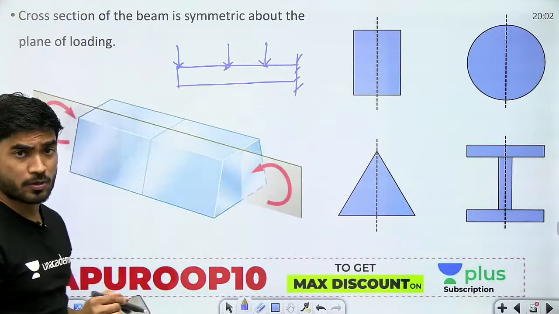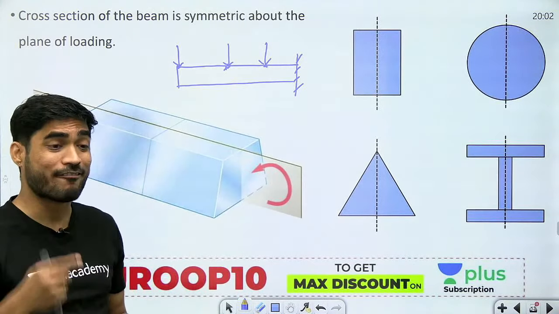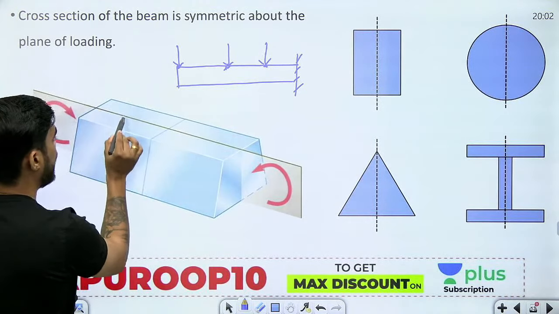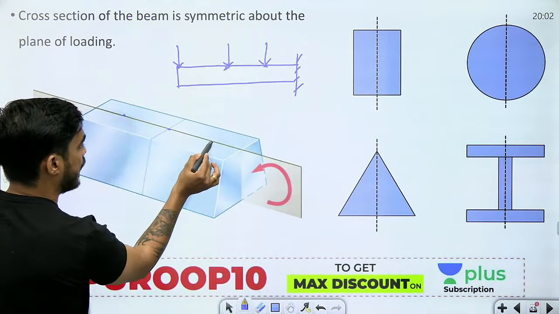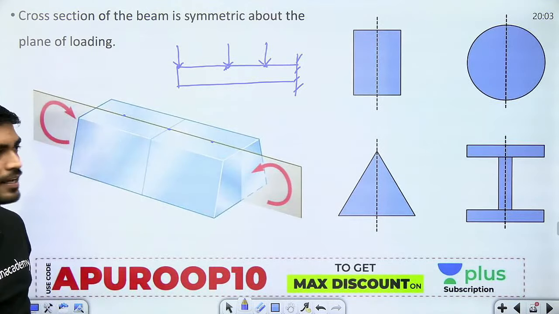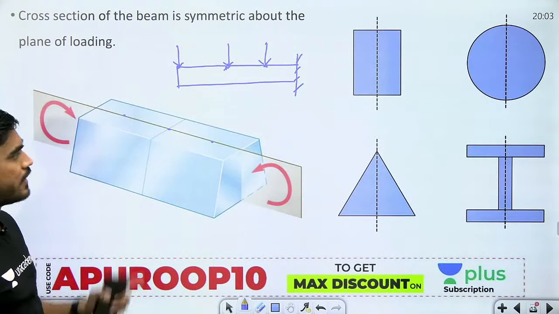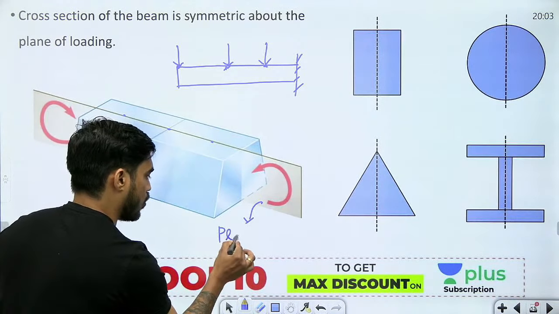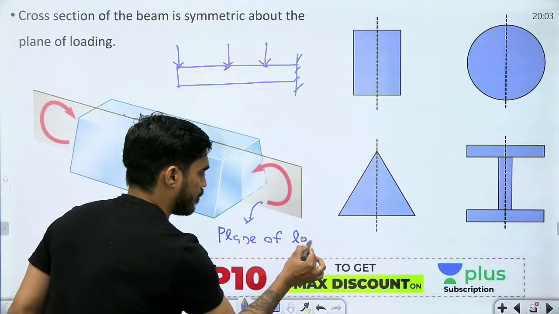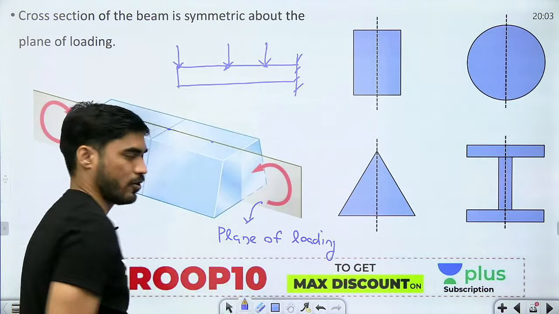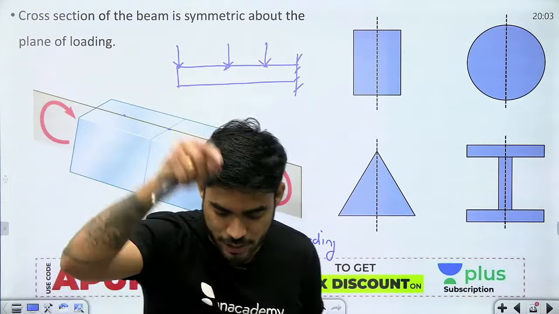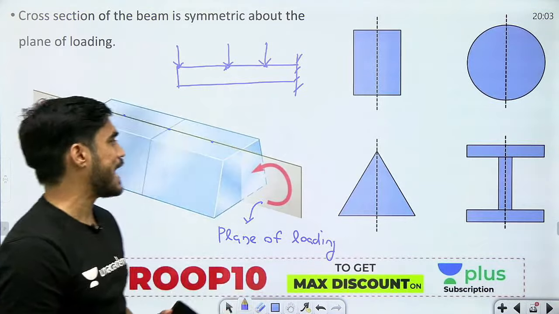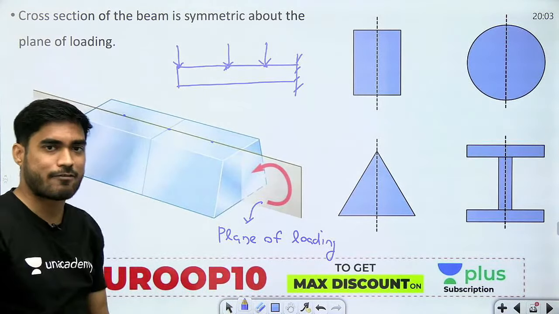So these point loads, whatever load acting on the beam, we assume that it is acting on this particular plane known as plane of loading. ये point load यहां लग रहा है, यहां लग रहा है, इन points पे लग रहा है, ठीक है. Now बेटा understand, this is the plane of loading, जिस प्लेन में सारा लोड एक्ट कर रहा है, ओके. जो भी लोड है, पॉइंट लोड, यूडीएल, कपल, whatever load it is, the load is acting in this plane. जो लोड लग रहा है वो इस प्लेन में लग रहा है.